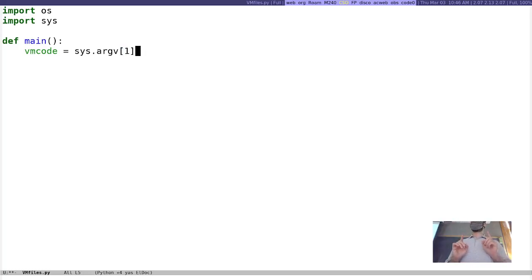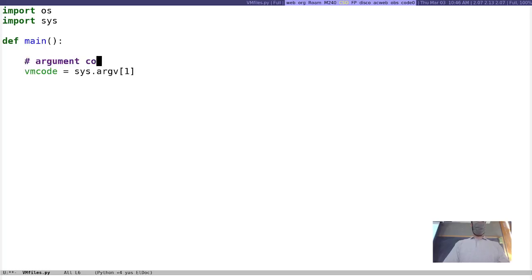Now, the way this is going to work is that this command line argument can either be the name of a file or the name of a directory. If it's a file, you just translate that one file. If it's a directory, we look in that directory, find all the VM files in it, and translate all of them. So the argument can be either a .vm file, or a directory with multiple